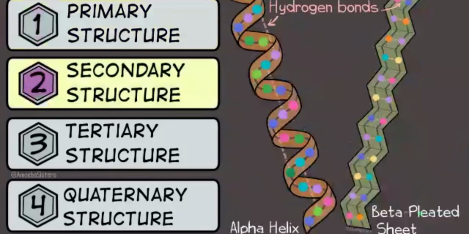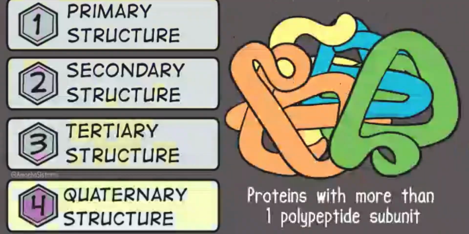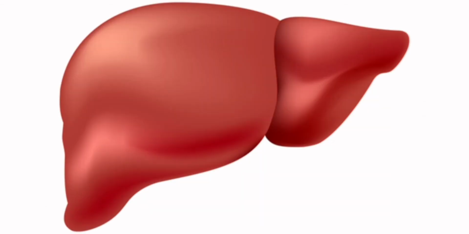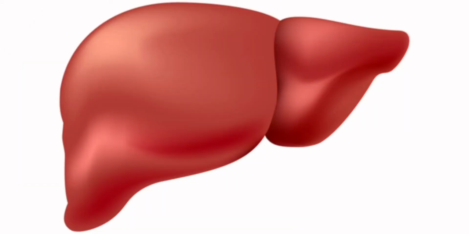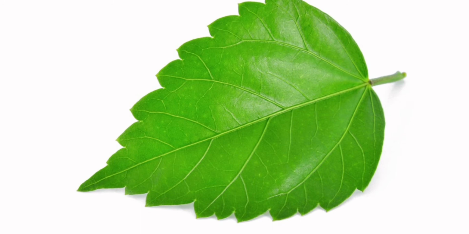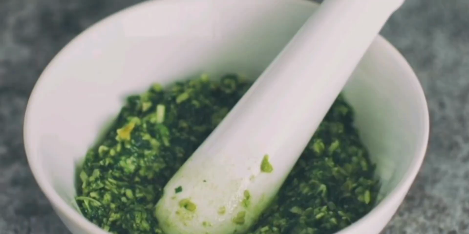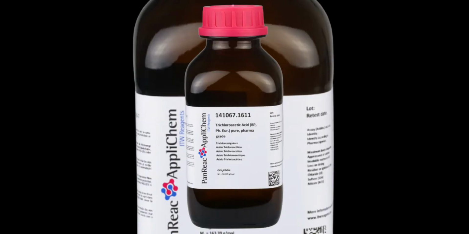Now, in a living system, there are various organic as well as inorganic components. How do we analyze the chemical composition of any living organism? It may be a leaf or a liver, any plant or animal matter. For that, we have to do various activities. Let me discuss. The first step: take a liver or a leaf. It may be animal matter or plant matter. Then weigh this living matter, and then grind it with trichloroacetic acid with the help of a mortar and pestle, and you get a thick slurry.